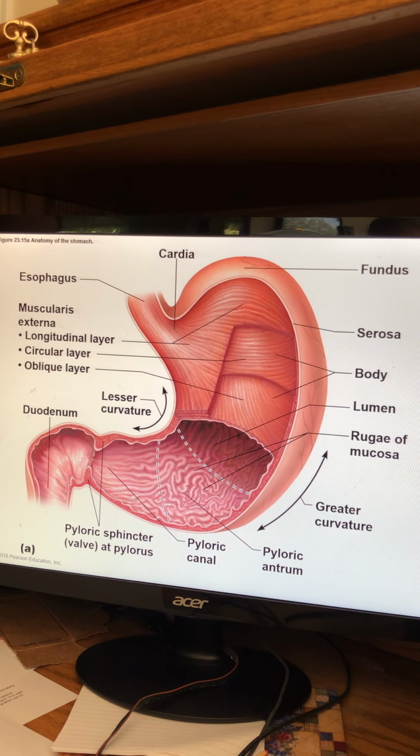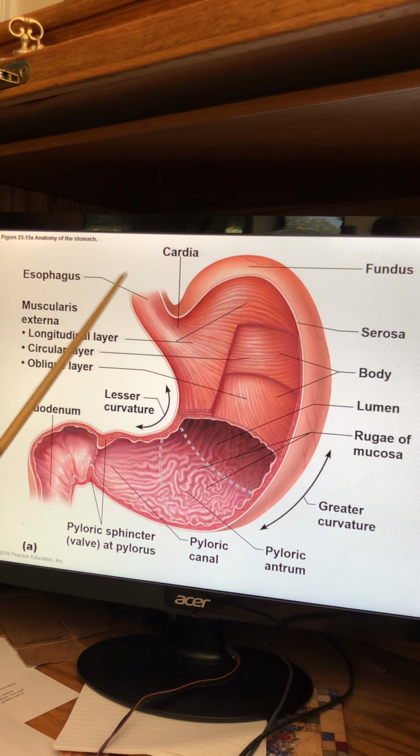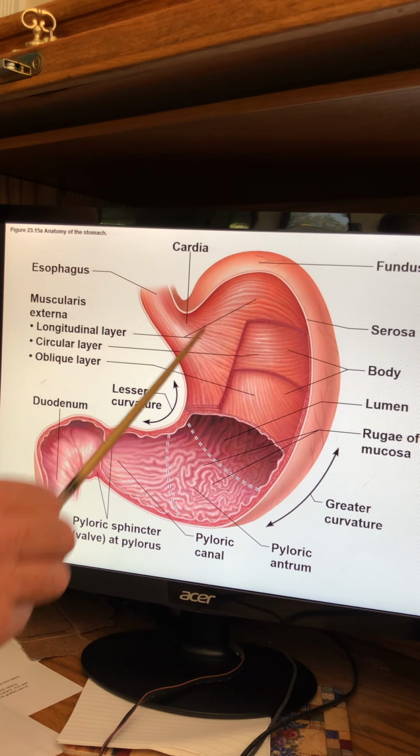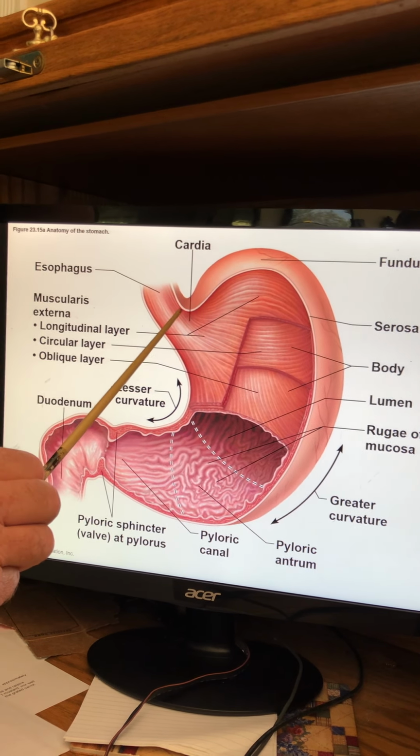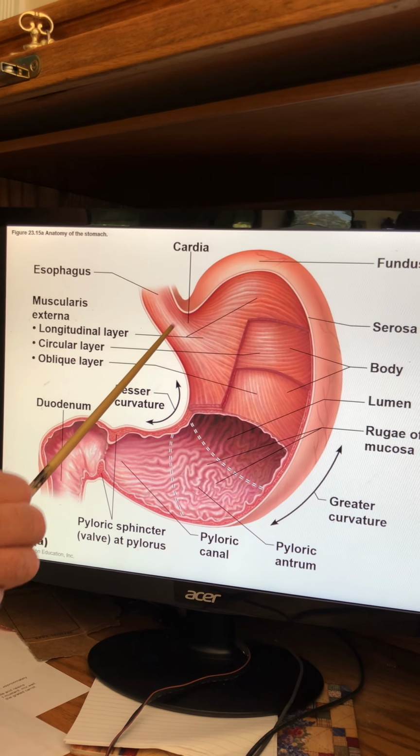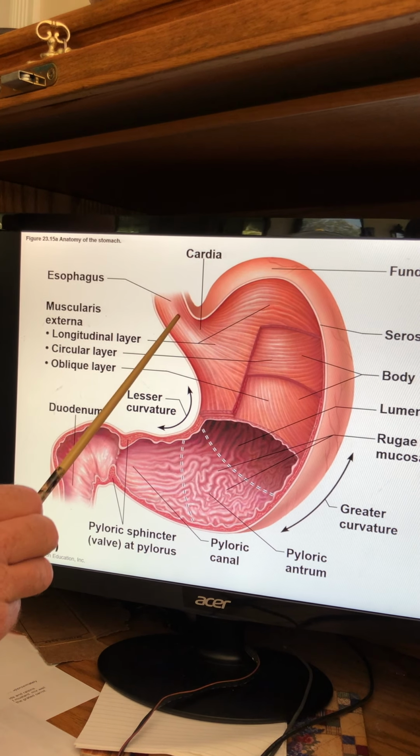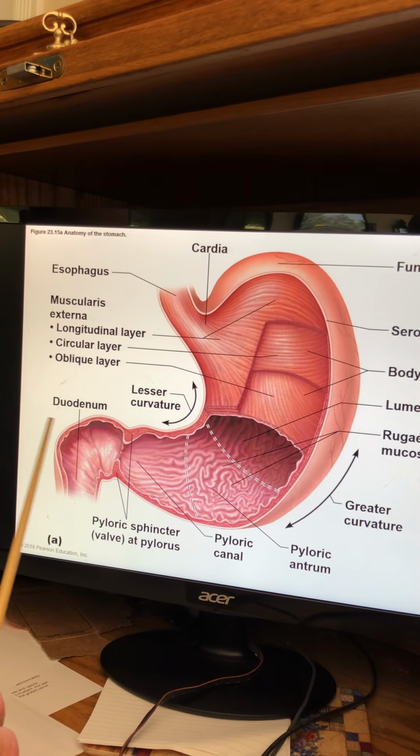And so I'm just going to go right to the anatomy of it. So they don't even show it, but here's the esophagus going to the cardia portion of it. There should be shown here the sphincter there, which would be the gastroesophageal sphincter, because remember, all of these organs